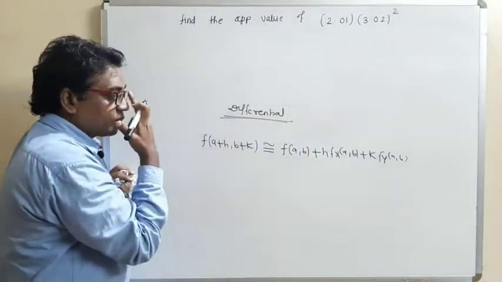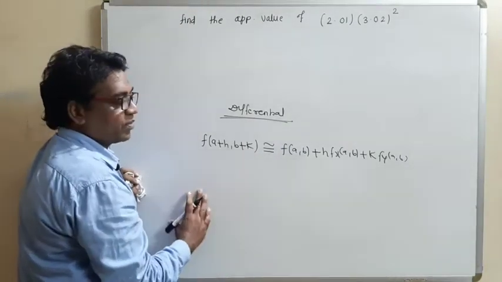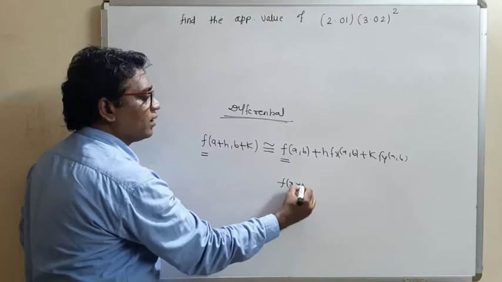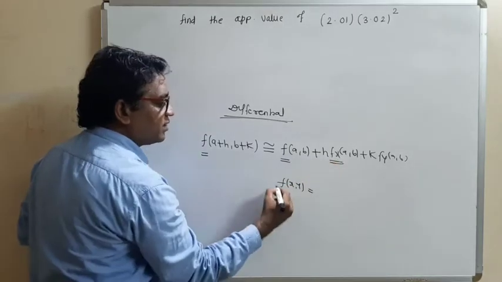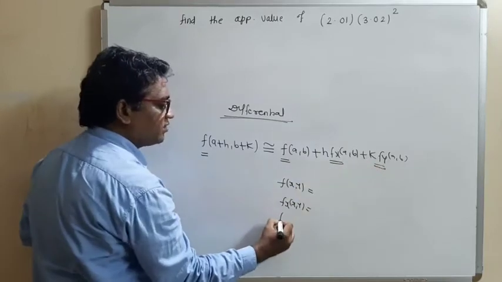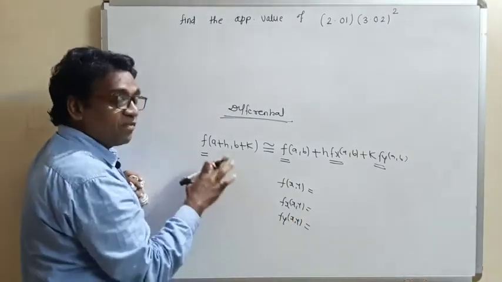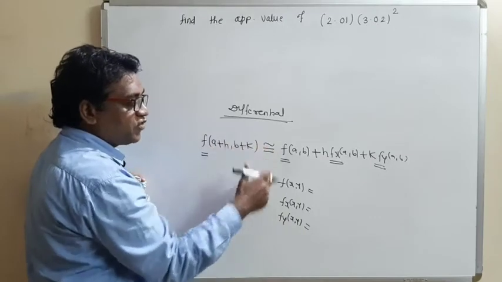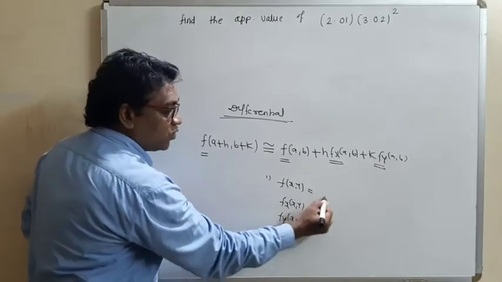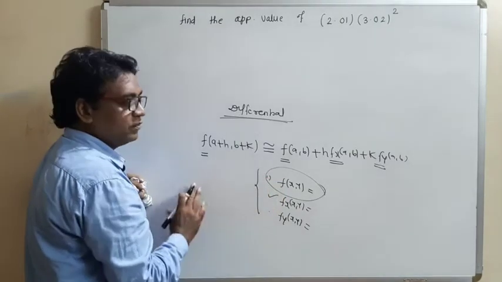Now see, this differential formula contains 3 functions. It contains the function f, the partial derivative fx, and the partial derivative with respect to y. So see what is our observation. This differential formula contains 3 functions. It contains the function f. By using f, we can easily find out fx and fy. So in all, there are 3 functions.